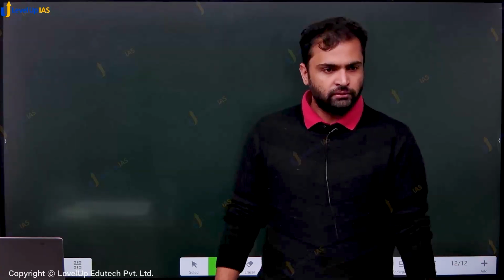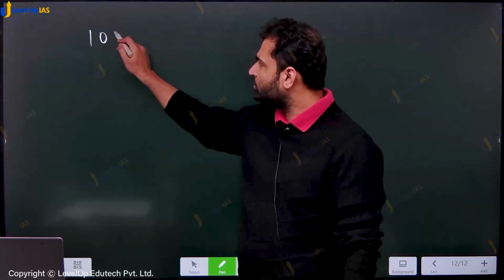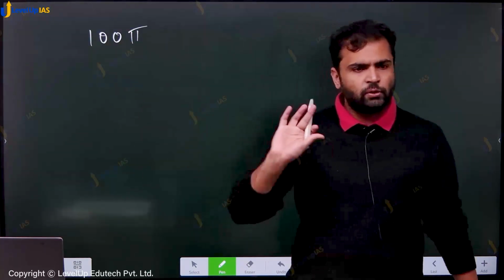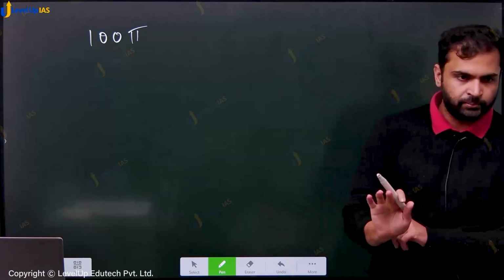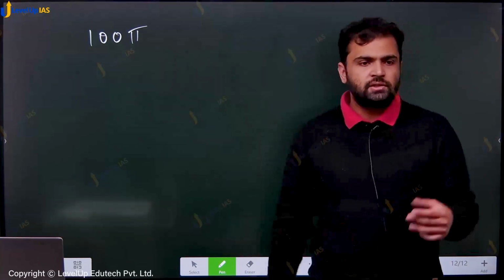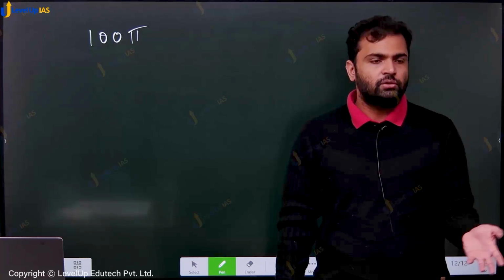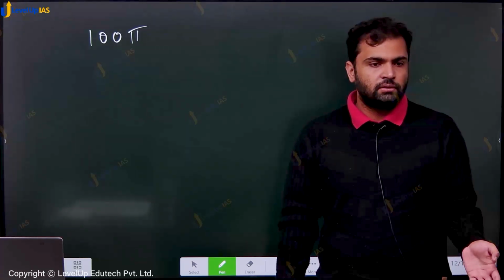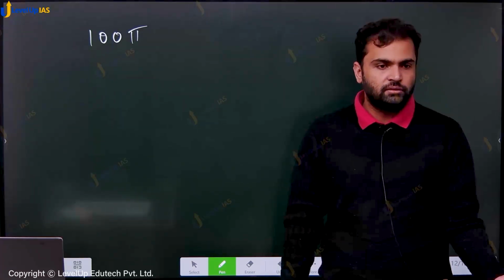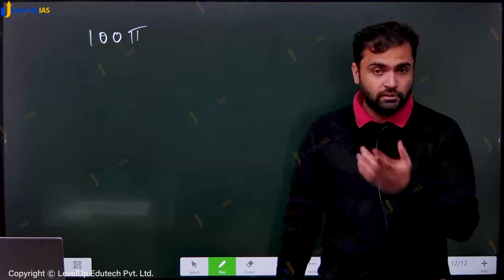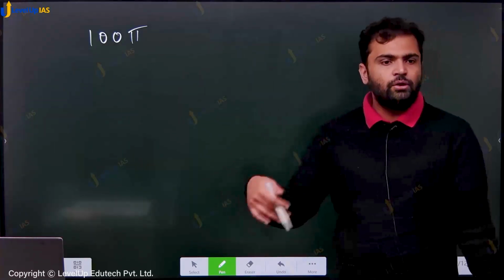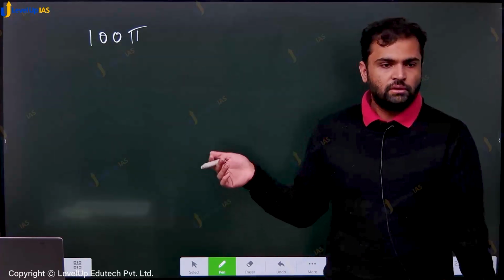So 100 pi, 100 into pi, pi I kept as pi. I know it will get cancelled, I don't need to put value, and I increase the radius by 10%, the new radius will be, no I am assuming 10 na, it becomes 11, so area would be pi into 11 square, 11 square is